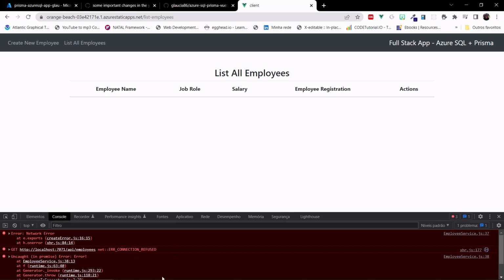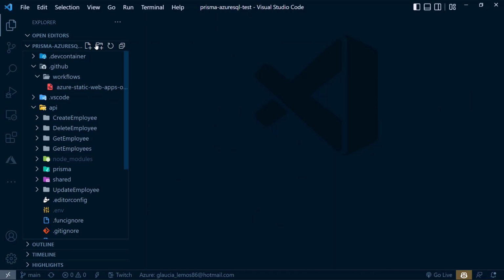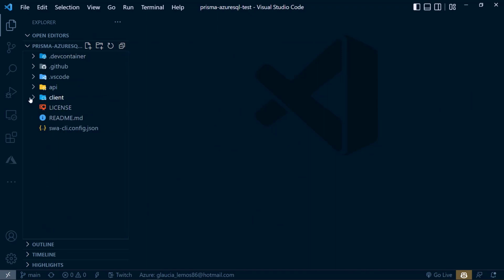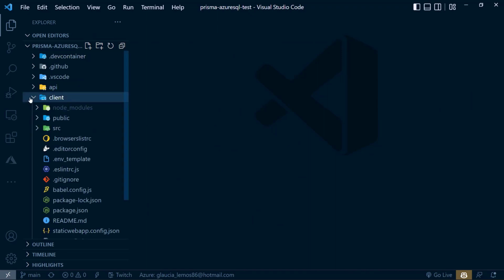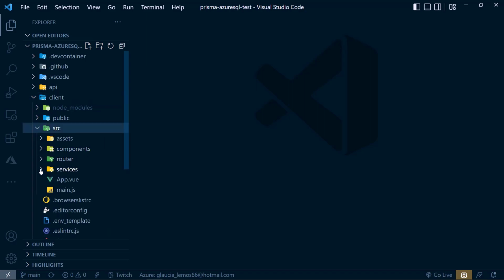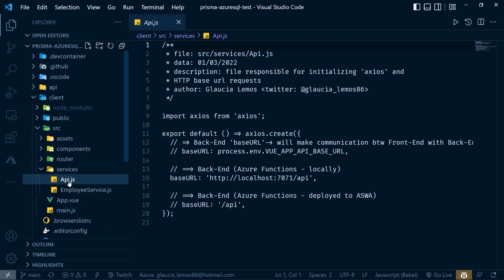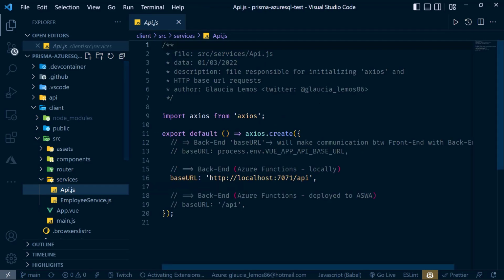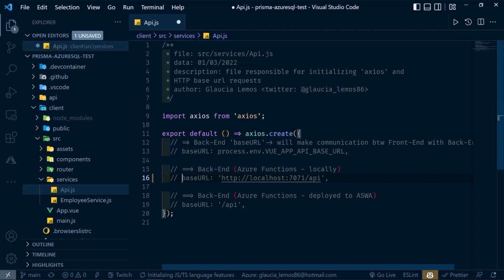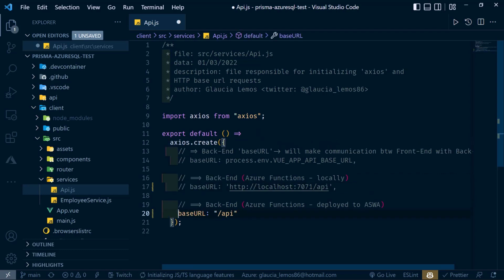In this case, let's go back to the code. Again, inside our client side, we have to go to source, services, API, and then we have to comment this line 16 and return to line 19, and that's it.